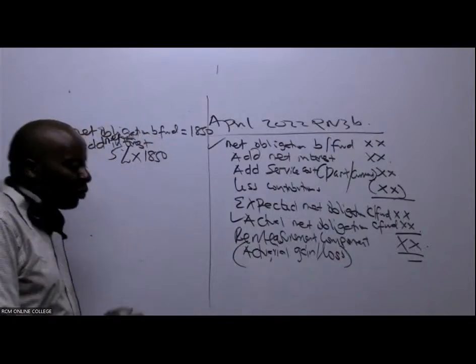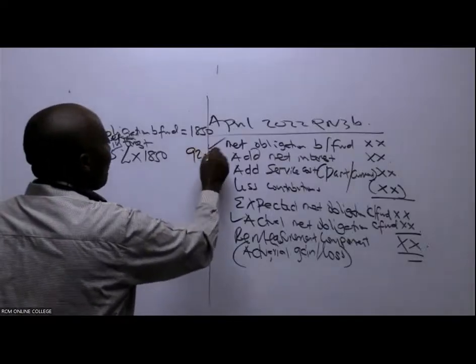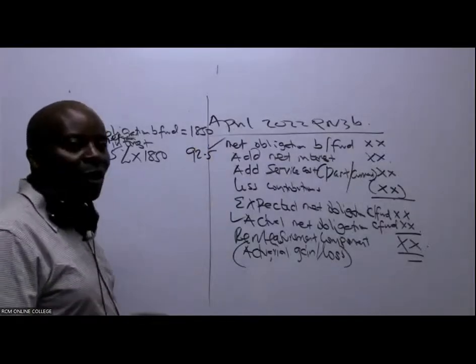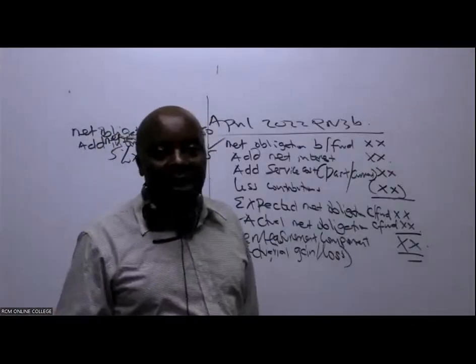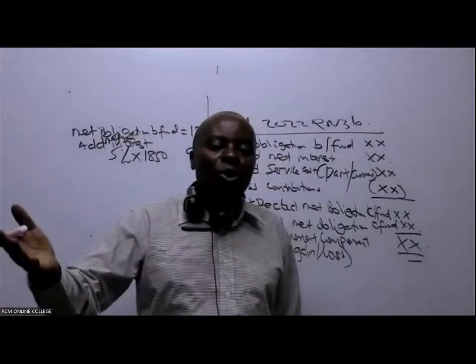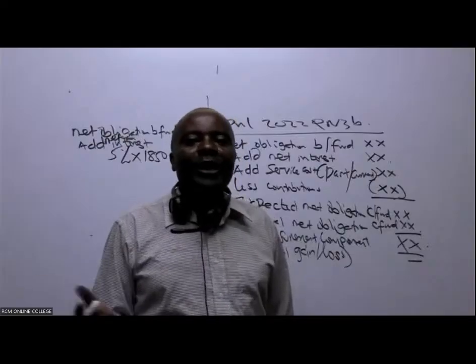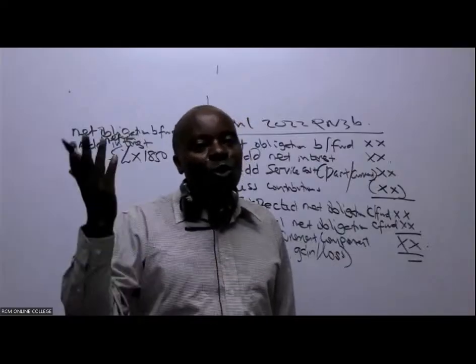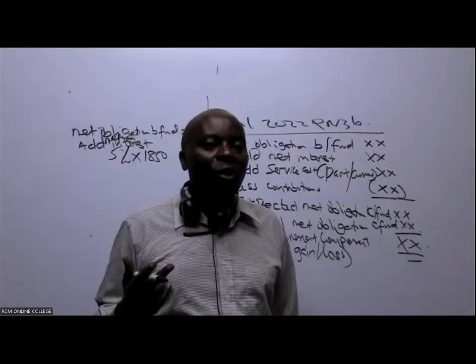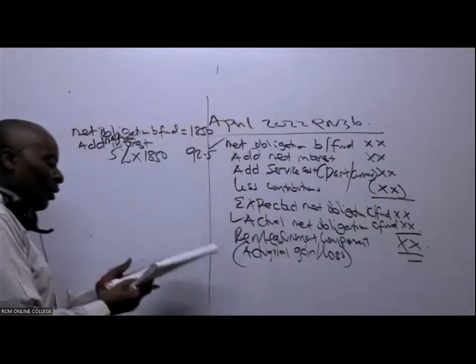9250, right? 92.5, I mean. So 92.5. Then I ask myself, these employees have worked for us. Because when they work, we expect their contributions to go up. When they work, we expect in this case their pension to go up. So it will be a liability on us. They have worked, so you look there, they have given us